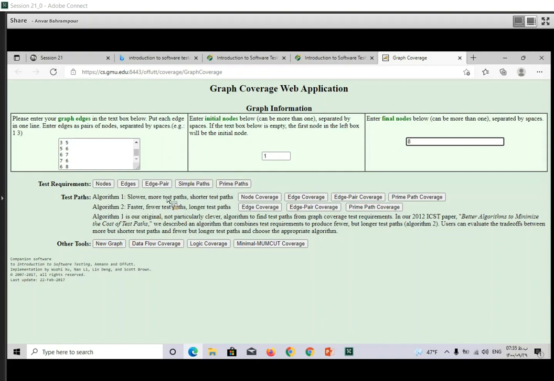We can use two algorithms for defining paths to cover the coverage criteria. For defining the test requirements, TR, we use, for example, this button